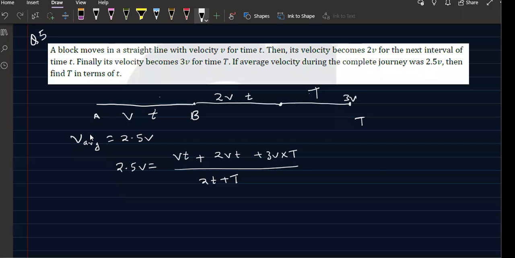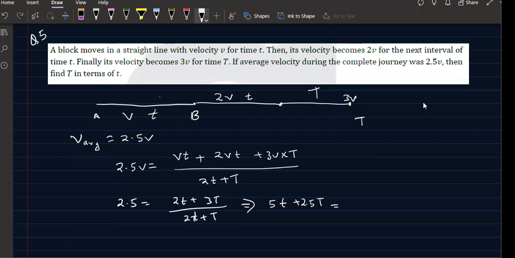So let's see. 2.5 is equal to 2t plus 3 capital T by 2t plus capital T. So you can just solve it, right? Can you solve this? Tell me, can you solve this? Right, everyone? So it will be 5 small t plus 2.5 capital T is equal to